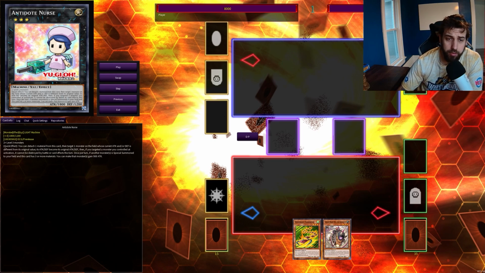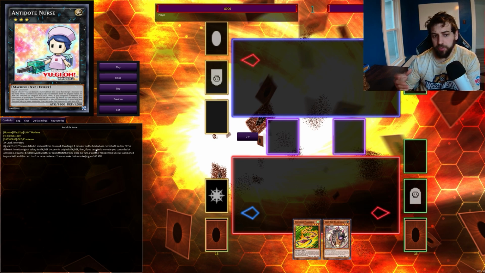So this card, Antidote Nurse, got announced fairly recently, and it seems like it's got an effect that's fairly abusable, and so I wanted to put together a combo that would allow you to make some use out of this. Basically what it does is it's 2 or more level 3 monsters. It has a quick effect to detach material and then target a monster whose attack is different than its original